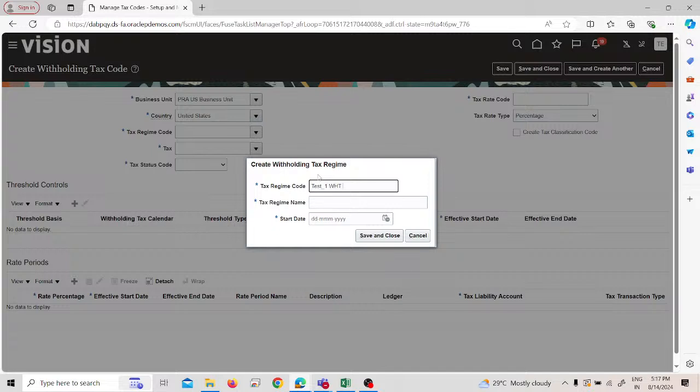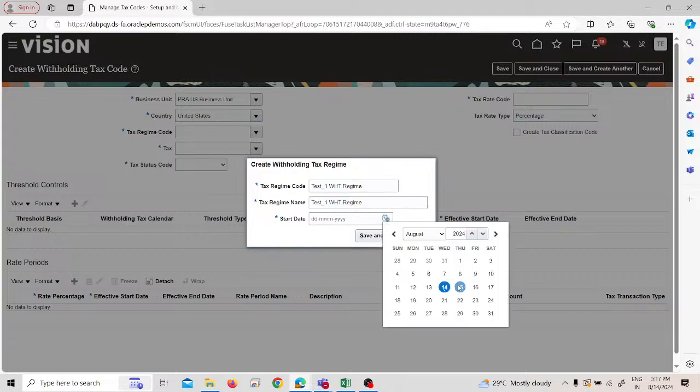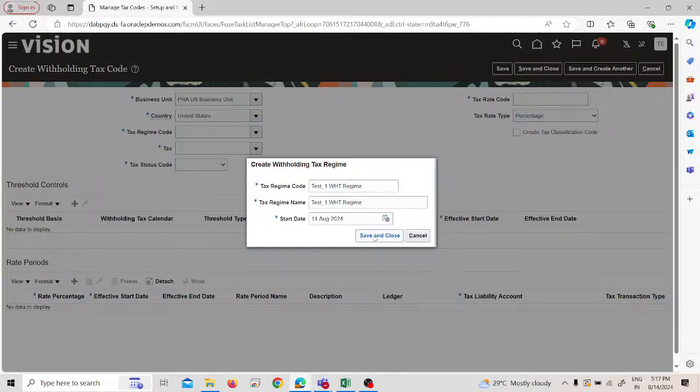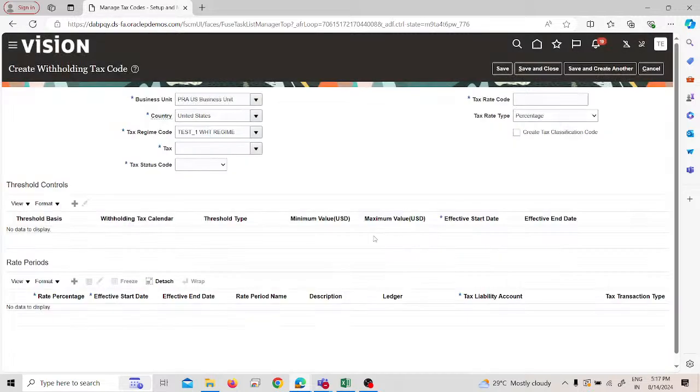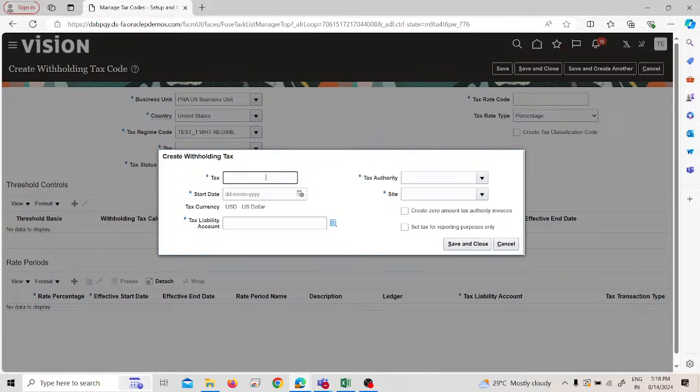One withholding tax regime. Okay, I will just copy these as well. We click save and close. Now the tax means what is the tax rate, we will select it. We'll just go and create this tax, that is, we will create